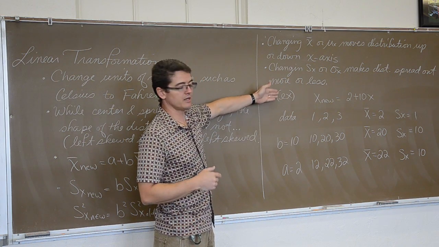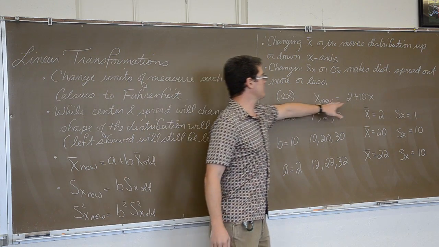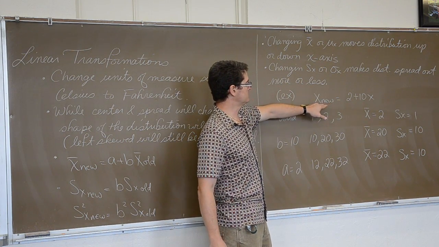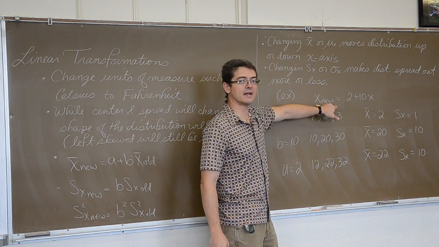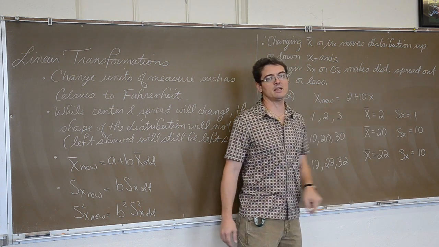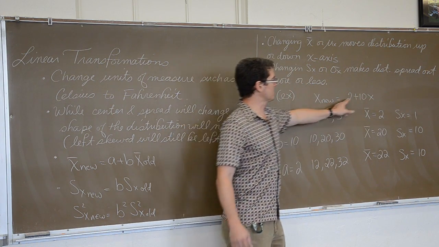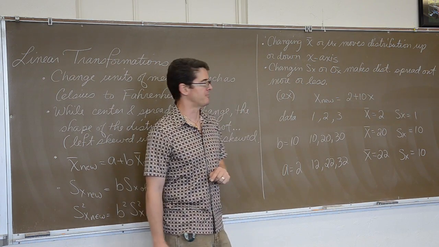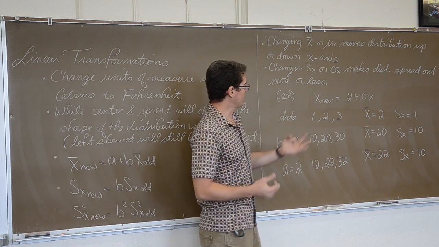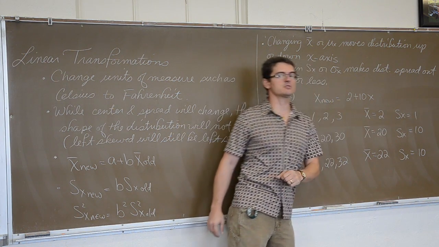Here's an example of a linear transformation. Again, very, very simple numbers just to get the idea across. We're going to run through this linear transformation. We're going to change the unit of measure for all of my data, and it's going to be done by doing 2 plus 10 times my individual pieces of old data. I don't know why I want to do this particular linear transformation, it's just an example. So here's my data, 1, 2, 3, real simple. 3 numbers, all just 1 unit apart, so my mean is 2 and my standard deviation is 1.